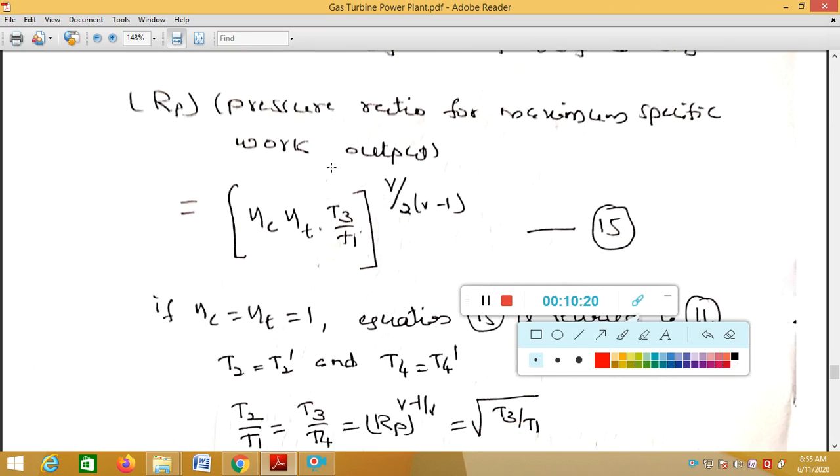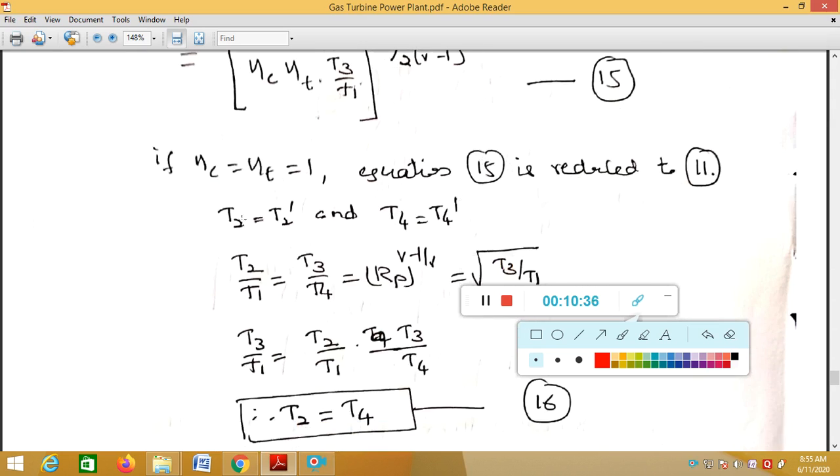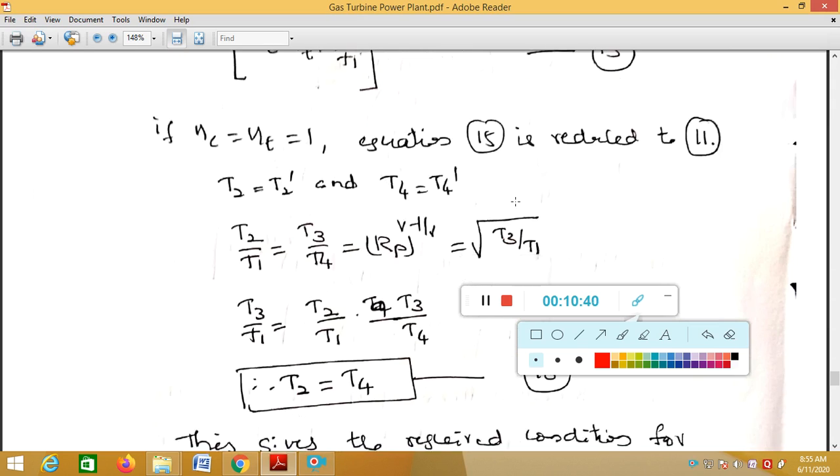maximum specific work output equal to (eta C eta T T3 by T1) whole raised to gamma by 2 gamma minus 1. Equation 15. So if eta C equal to eta T equal to 1, then equation 15 is reduced to T2